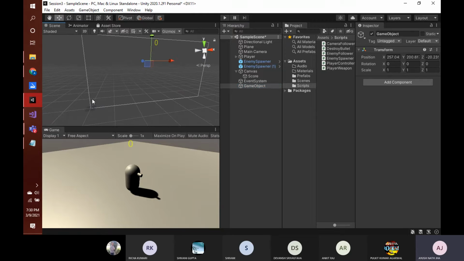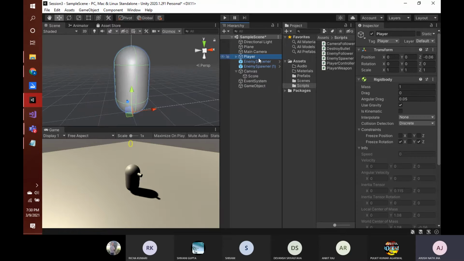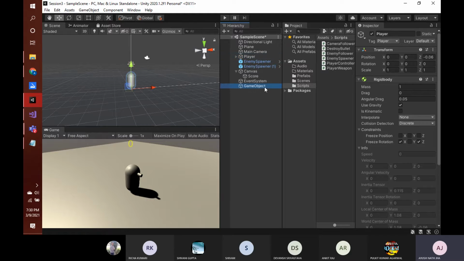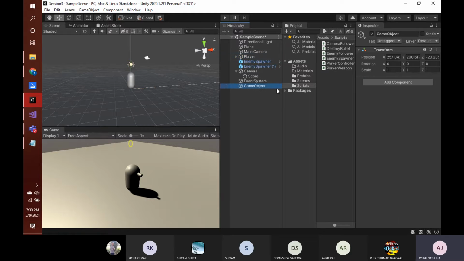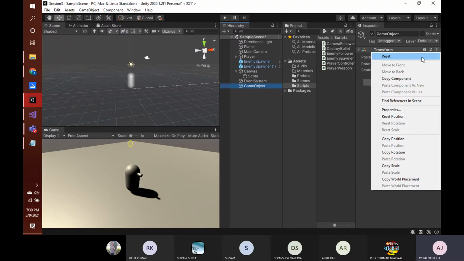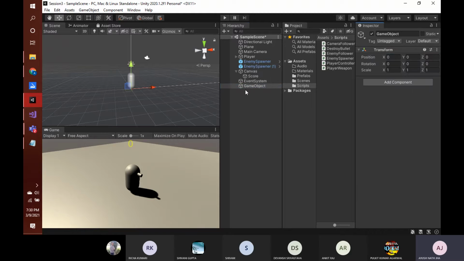And if I want to go back to my player, I double click on my player. Okay, now here I have created this empty game object which will be just present in the world. It will hold only the scripts and nothing else. So we just reset its transform once, and then let's rename this game object as UI manager.